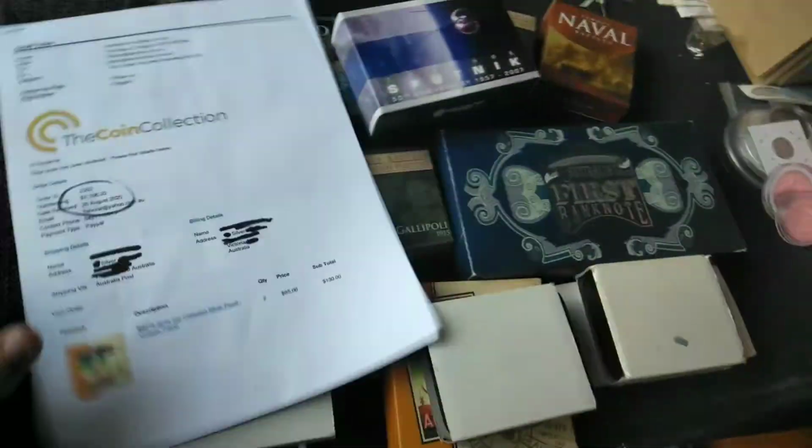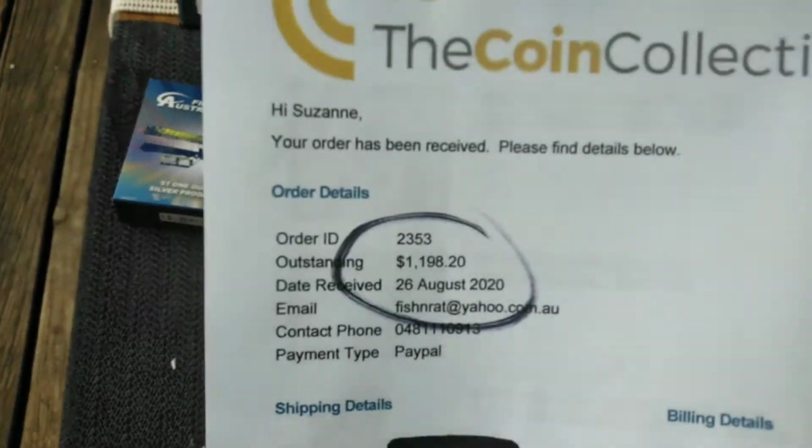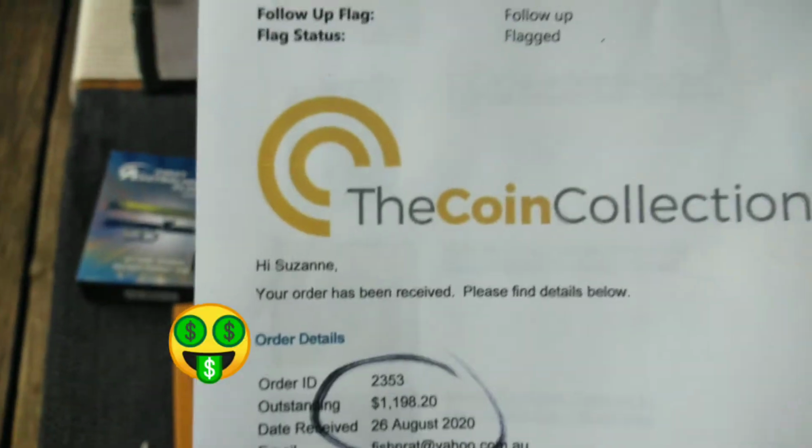I hope some of you guys will think this is really good value, and one of the reasons I did it was, have a look at that. That's Australian dollars, so just under $1,200 Australian. So oops, there's my phone number. Okay, there's my email address. Anyway,